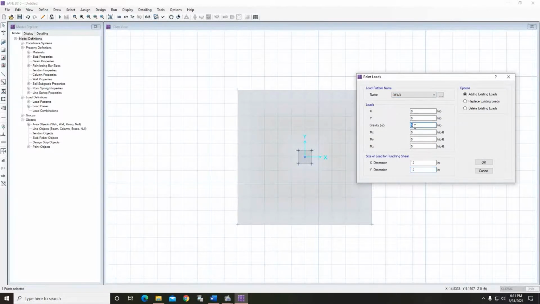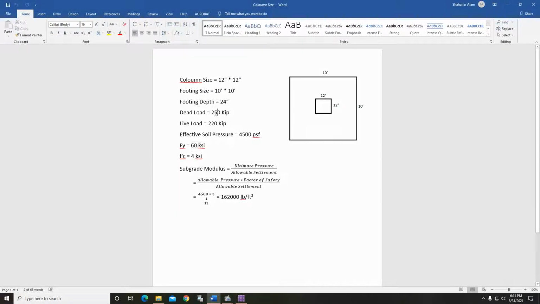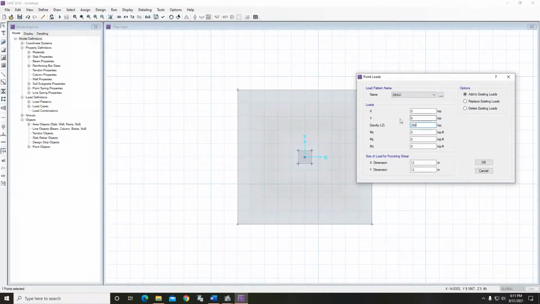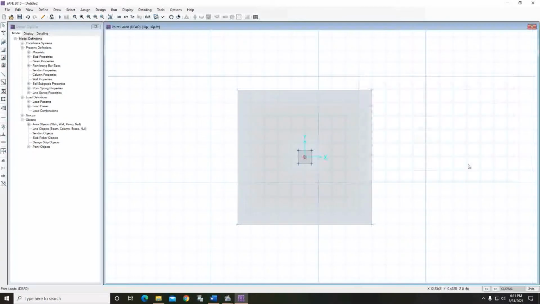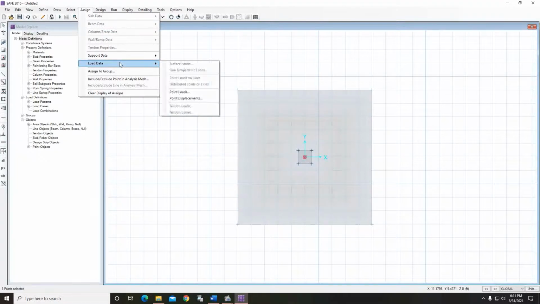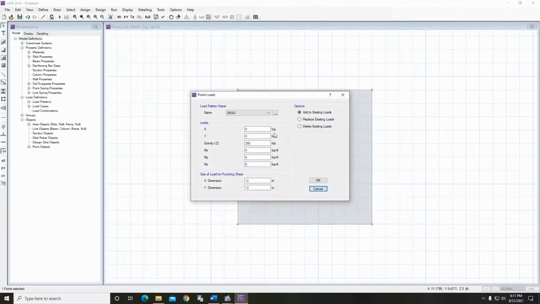So the gravity should be the dead load. For our model the dead load was 250 kip and the live load is 220 kip. So the dead load is 250 kip. There is already a negative sign here, so we don't have to put the negative sign before the number. Then okay, and we have to select it again, and similarly we have to assign the live load, and it will be 220 kip, and this will also be 12 inch by 12 inch. So okay,